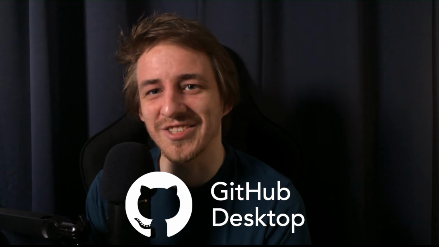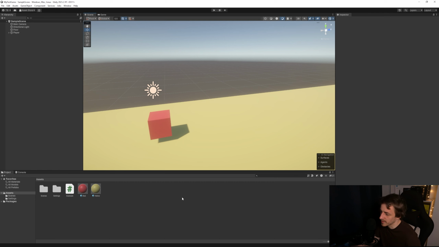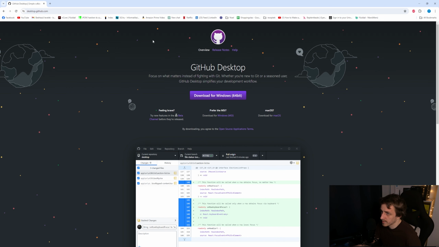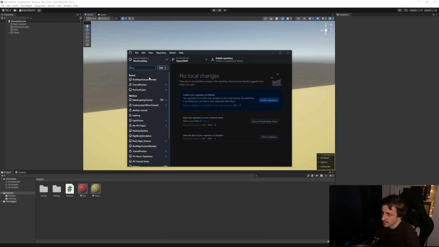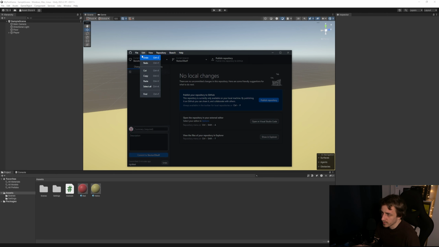So let's get started. This is where we left off last time, and now let's set up the GitHub I was talking about. I'm going to link GitHub Desktop in the description. Just download it for Windows or Mac. Once you've installed it, you will need to log into your GitHub account. Then we are going to create a repository. As you can see here, I have a load of repositories, but if you want a new one,